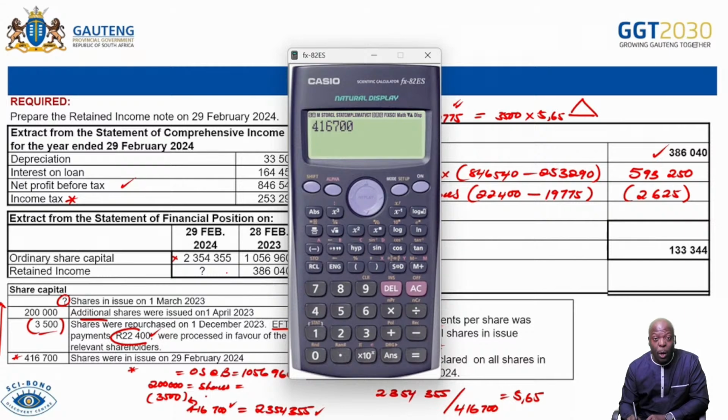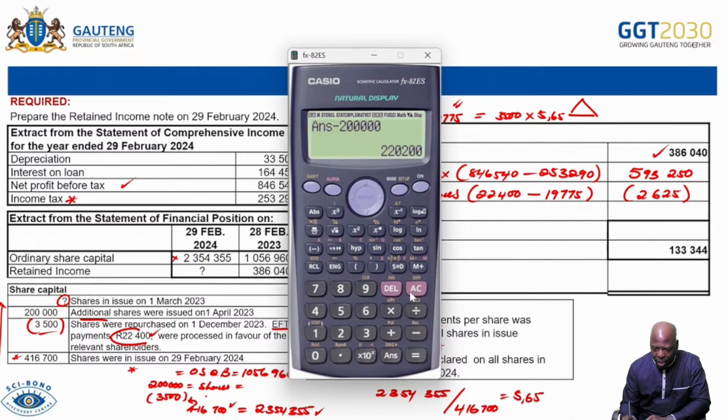416,700. And then we're going up. So when we go up, we do opposite of the sign. That means we're going to add plus 3.5. So we add 3.5. That gives us 420,200. And then we do opposite of the 200,000. That means we're going to subtract the 200,000. So we say minus the 200,000. That is then going to give us 220,000